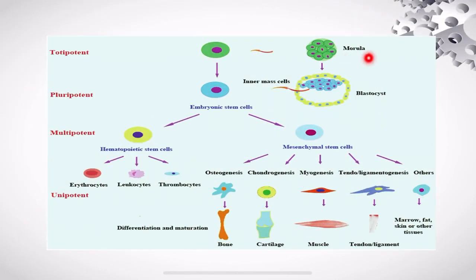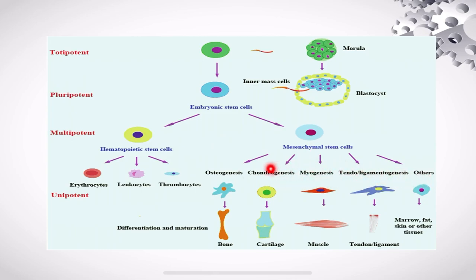So this is a morula. It is a totipotent cell which can give rise to embryonic stem cells which include inner mass cells and blastocysts. These are both pluripotent cells. So the embryonic stem cells give rise to multipotent hematopoietic stem cells which undergo differentiation to form RBC, WBCs and thrombocytes. Mesenchymal stem cells are also derived from embryonic stem cells which are multipotent cells which undergo osteogenesis, chondrogenesis, myogenesis,